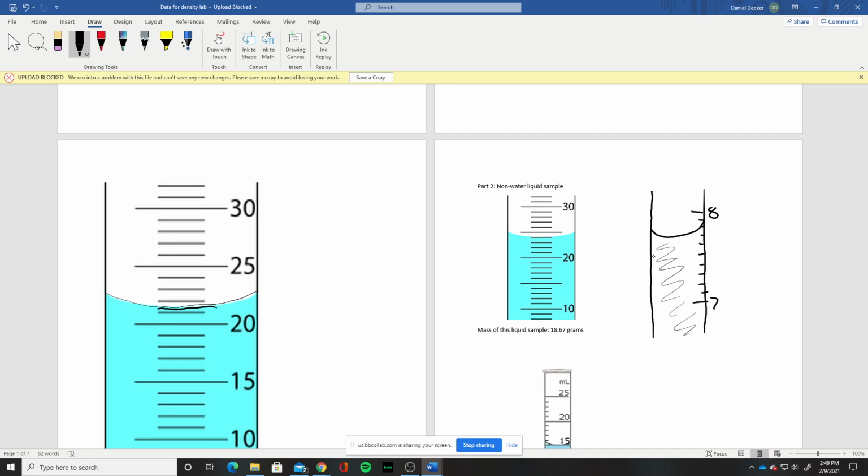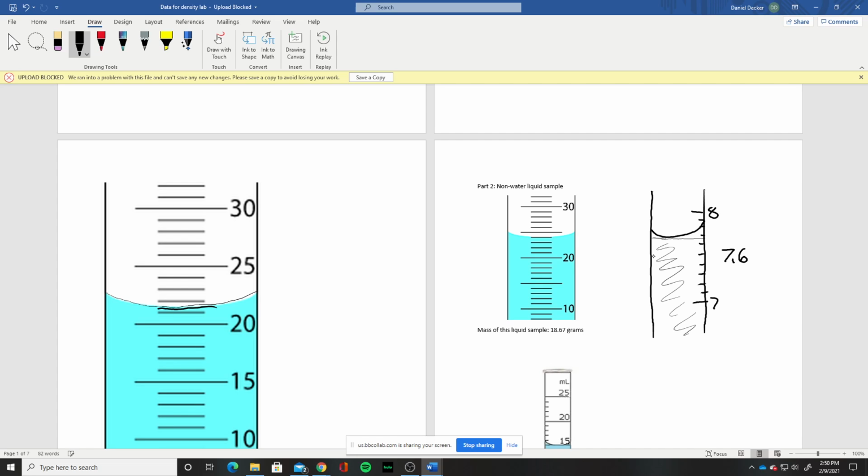I'm going to read from the bottom of that meniscus. So right there. So that would be the bottom. And so when I'm writing down the volume, I'm going to count the marks here. So I know it's 7 something. It's not to the 8 yet, so it's 7 something. So there's 1, 2, 3, 4, 5, 6. So it's